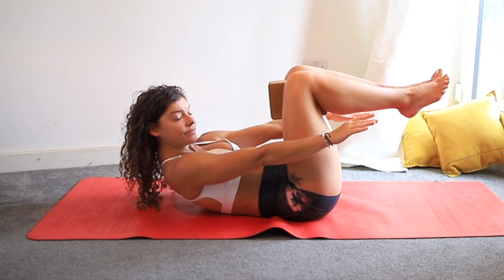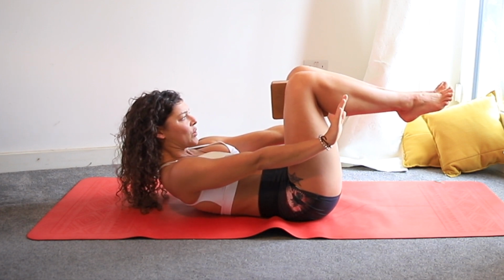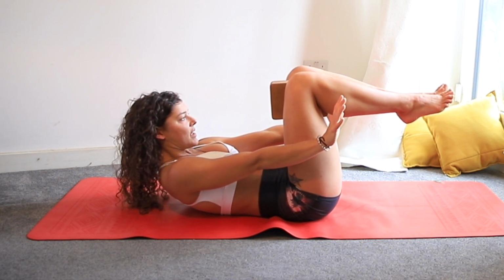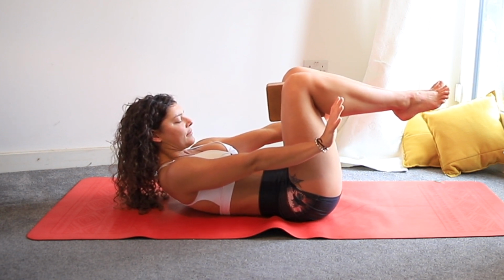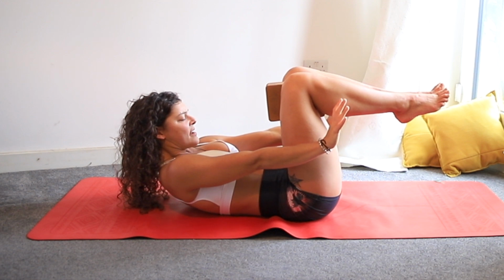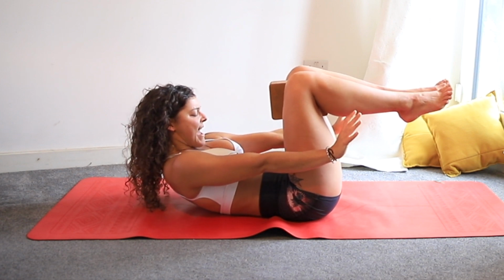and we're going to hold here, inhaling and exhaling. Keep those legs pulling in. Inhale, exhale. Inhale, exhale. Inhale, exhale, lift a little bit higher, and one last time, exhale,